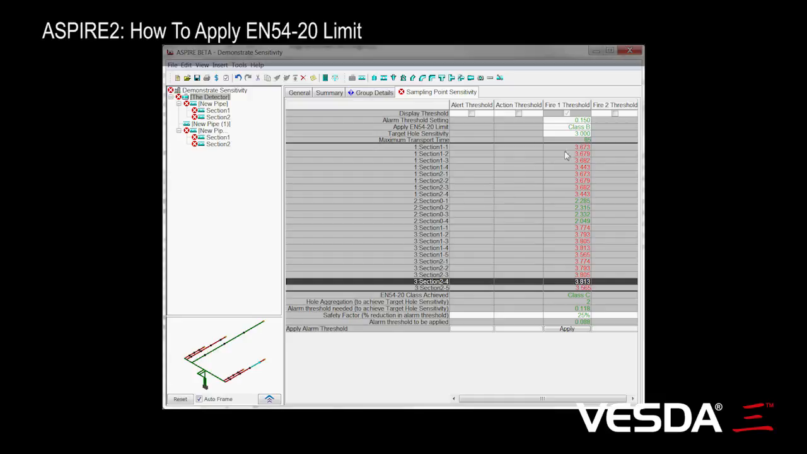We want to look at changing the smoke threshold so that we end up with a class B system. Now you'll notice that Aspire actually suggests what the threshold needs to be to just make class B, and that's this 0.118. But if we were to make a system like that, it'd be quite brittle, and any change in implementation from the design, even a hole being slightly smaller or a burr on a hole, could start to put part of the system